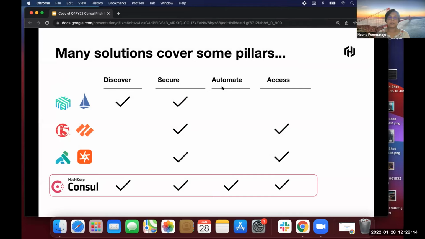When you think of these pillars, there are multiple people solving some pieces of this problem. But where HashiCorp Consul is different is that all of these are covered by capabilities inside Consul.